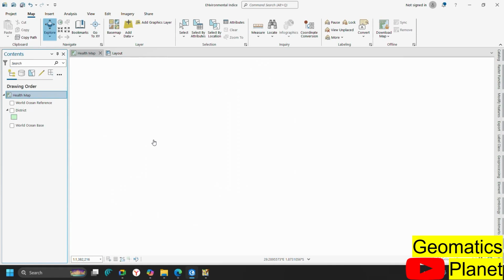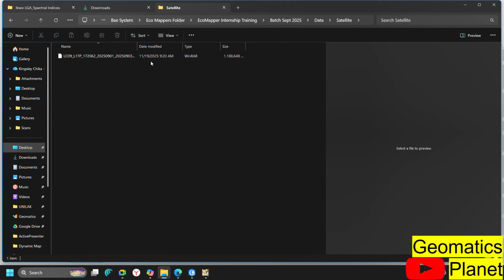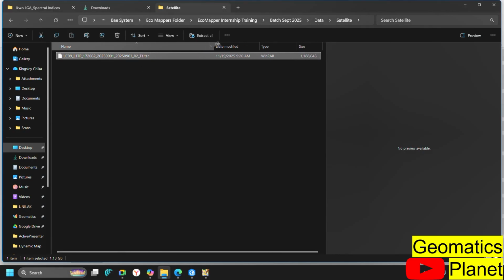Today we will be working on environmental indices, and I'm going to use Landsat for a case study. First and foremost, I just downloaded the Landsat here, and from what you can see here, this is Landsat 9,